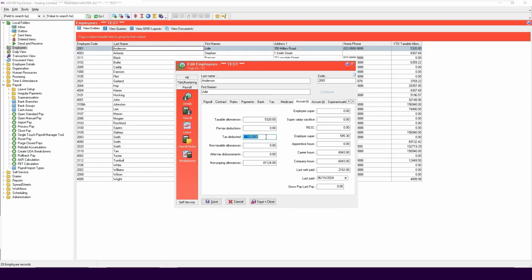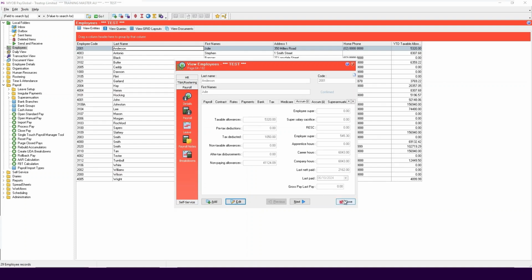The Rebuild Accumulators command rebuilds the accumulators from history for the current year-to-date period. It's important to note that the Rebuild Accumulators overrides any manual changes such as synchronization into accumulators, including user-defined accumulators like Gross Last Pay. This command updates accumulators using only data that was entered through a pay sequence.